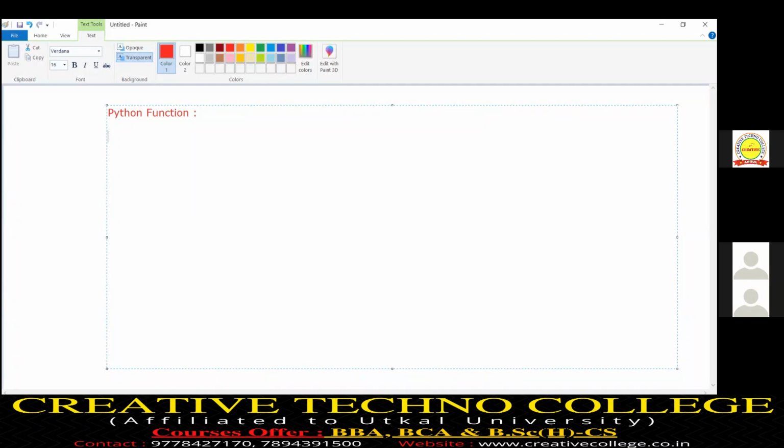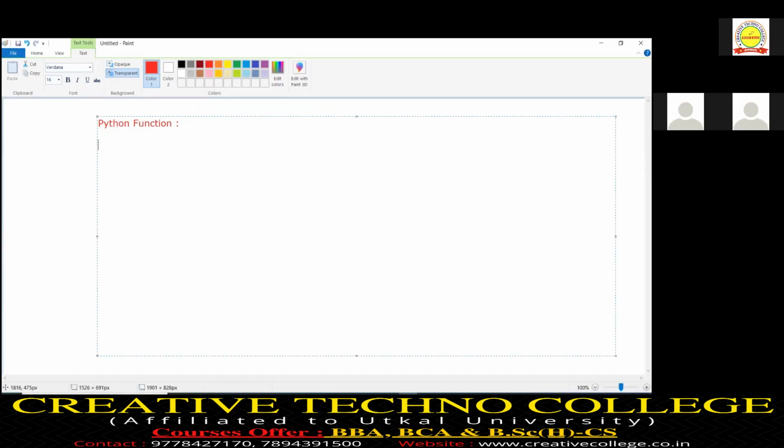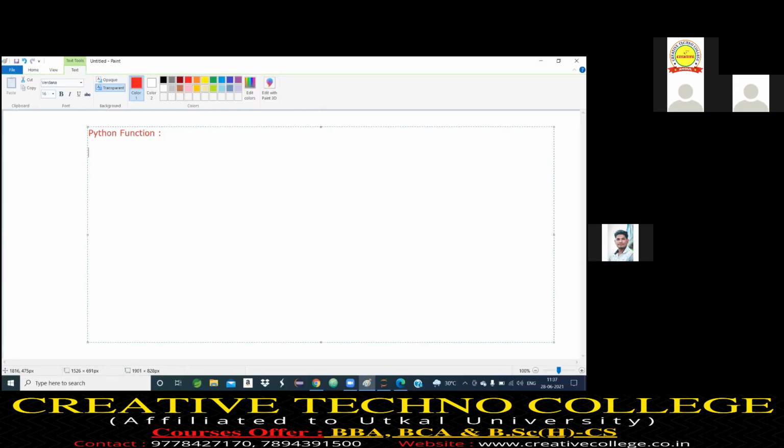The developer Guido van Rossum borrowed the functional programming concept from C programming.